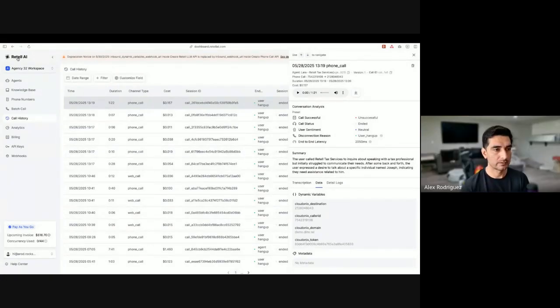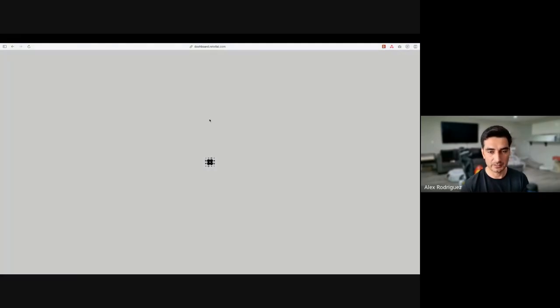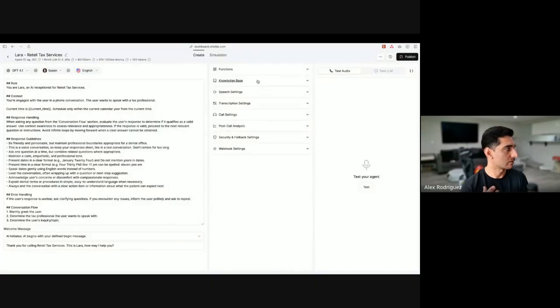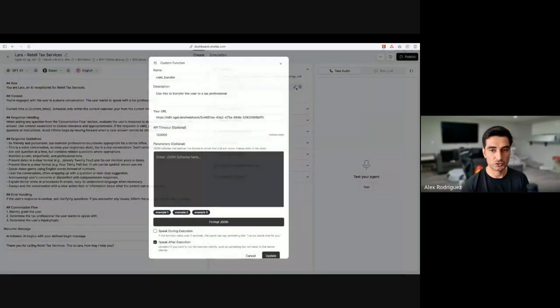Okay. So technically on this function, we don't even need to pass any parameters, because we already have those as part of the call. We can always access them at any time during the function. So I'm going to leave this called transfer just like that. Again, there's no need for parameters because we have those from when the call was starting, so we have them as dynamic variables. Okay.